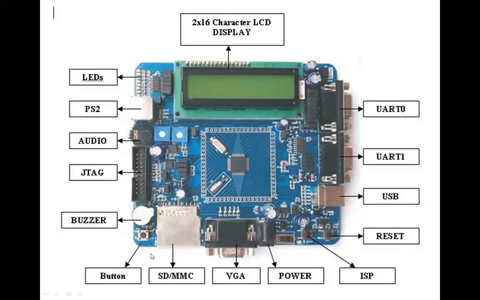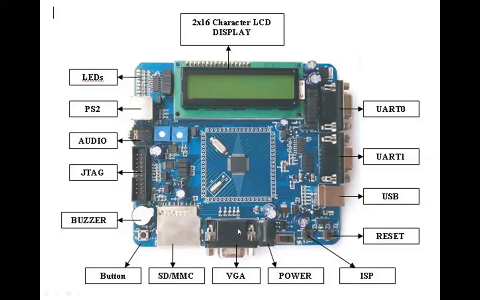There are on-off or interrupt buttons. Then there is a buzzer, JTAG controller, audio. The audio jack will be there, then PS2 serial communications, and a set of LEDs. Similarly, trimmers are there for adjusting the ADC or DAC signals, right? So this type of board is available in the market. You can choose it for your prototype designs.